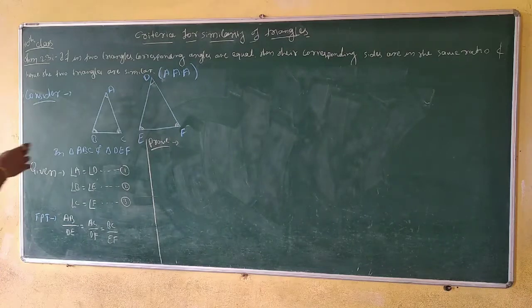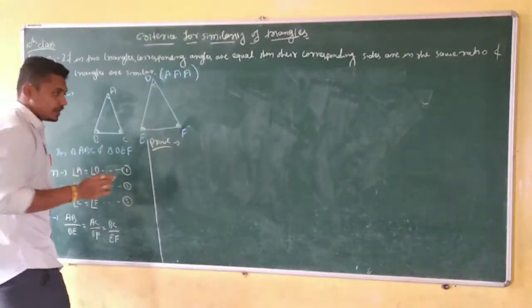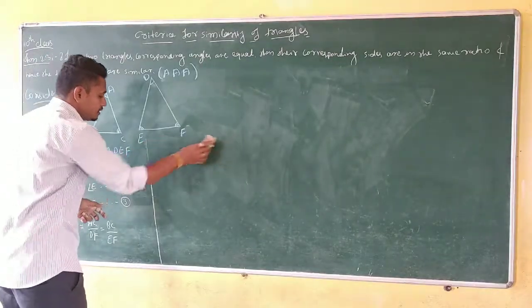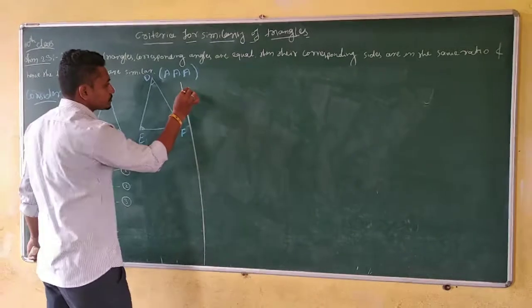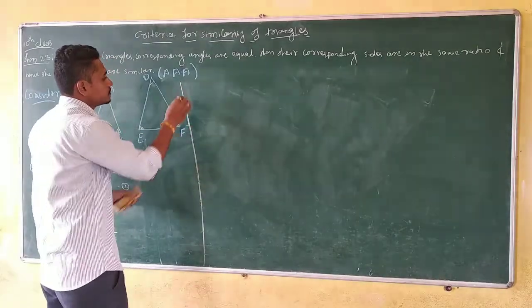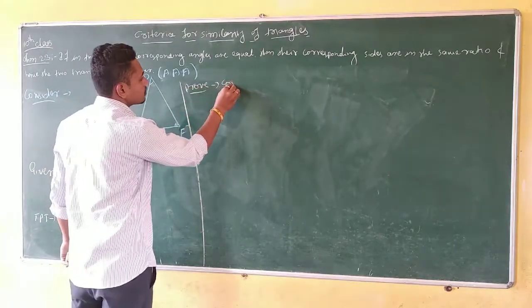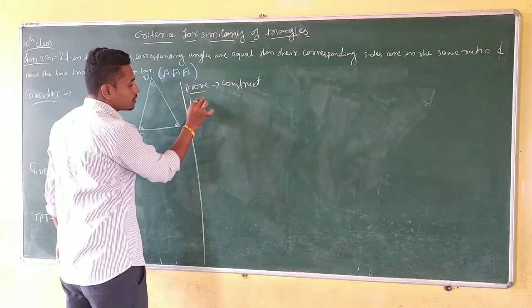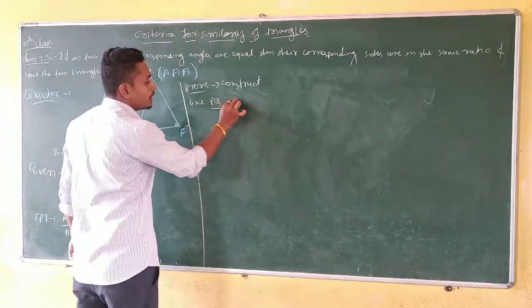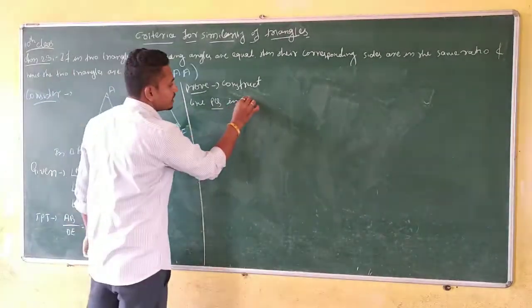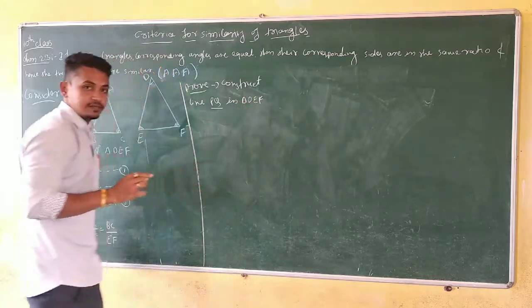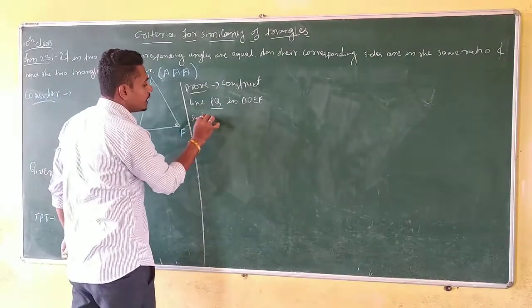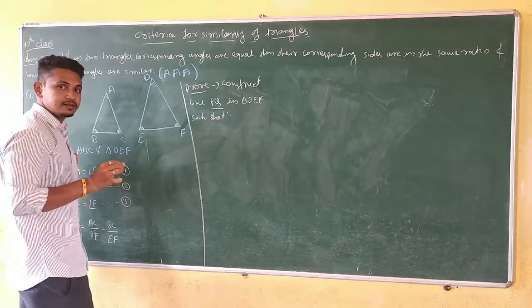Next, see here, in triangles ABC and DEF, construct a line PQ in triangle DEF, such that